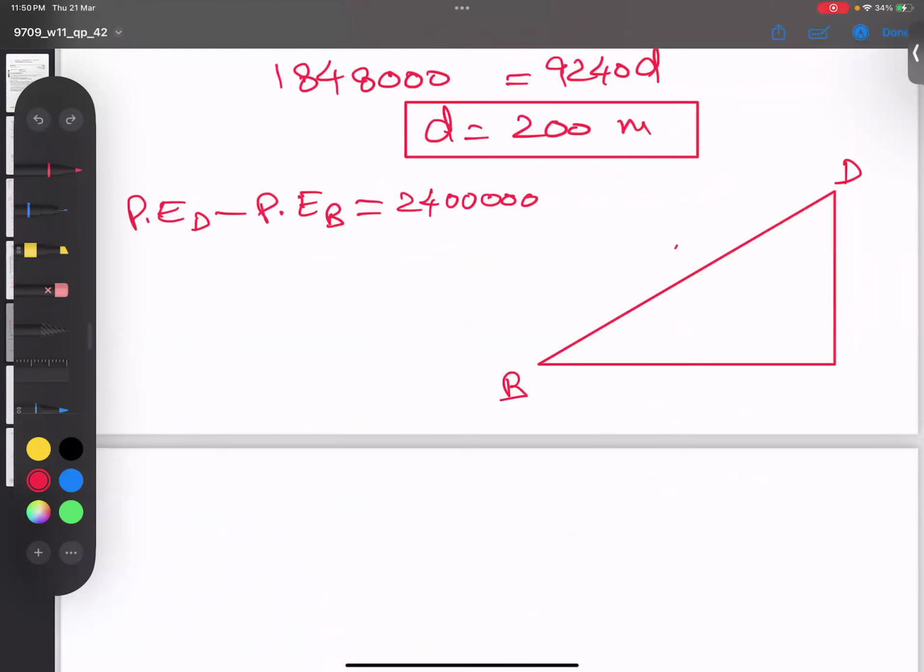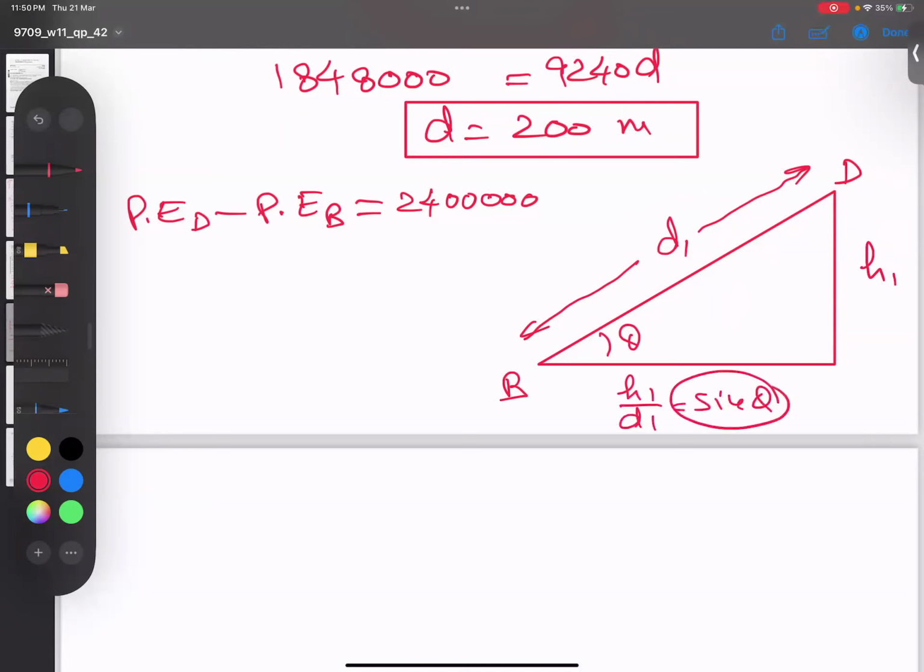So you know this is a distance D from here till here. I call it D1 this time, and this is called H, so I call it H1 now, and this is theta. All of you know the same formula, opposite by hypotenuse. So I'm writing H1 over D1 equal to sine theta, and sine theta is 1 by 20. So it is coming the same answer. So H1 is D1 by 20, and this I'm putting here,